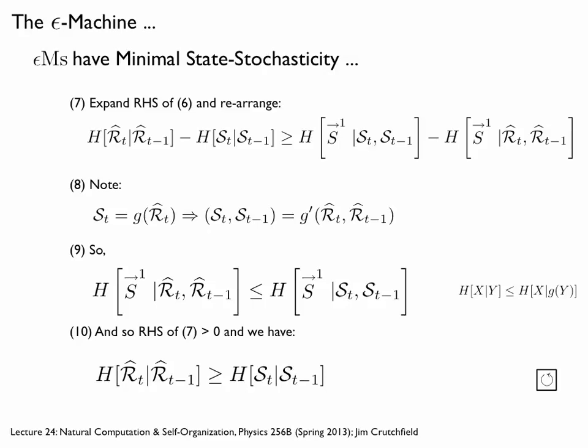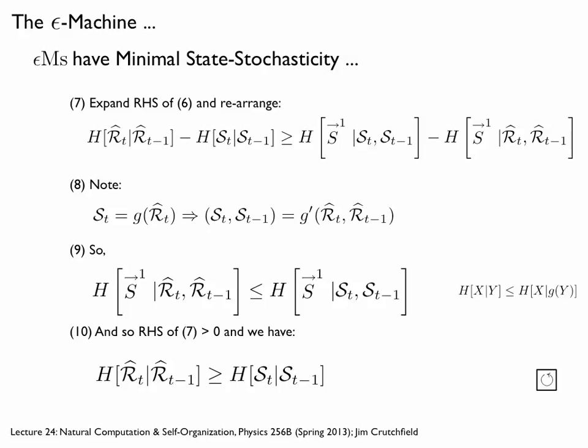But then that means, given this inequality, this is positive. I just showed that this uncertainty, single step, is larger than this uncertainty, therefore this difference is positive, and therefore the internal state entropy rate of any rival is larger than the randomness or internal state entropy rate of the causal states. Like I said, this would be better written out on 3 boards, and I can go back and forth and point at things.